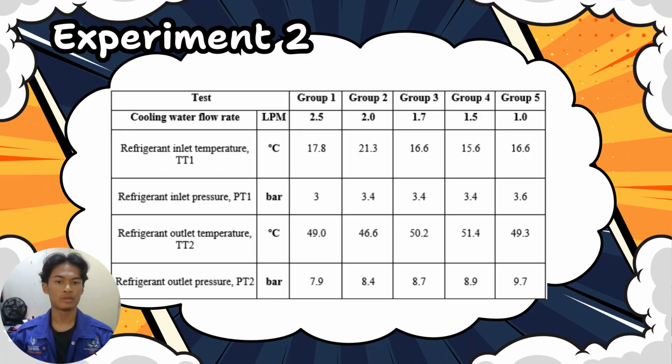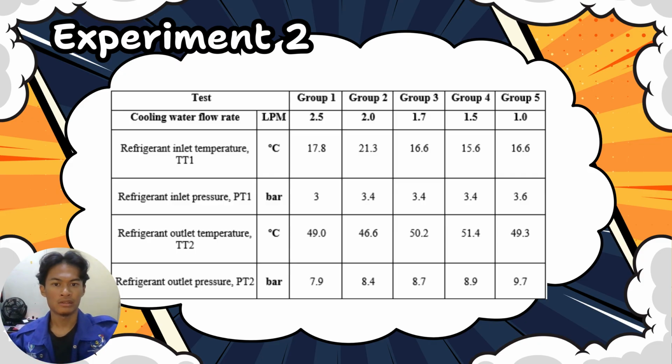For experiment 2, these are the results that we get from the experiment. For group 1, when the cooling water flow rate is 2.5 LPM, the refrigerant inlet temperature TT1 is 17.8 degrees Celsius, and the inlet pressure is 3 bar, and then the refrigerant outlet temperature is 49 degrees Celsius, and the refrigerant outlet pressure is